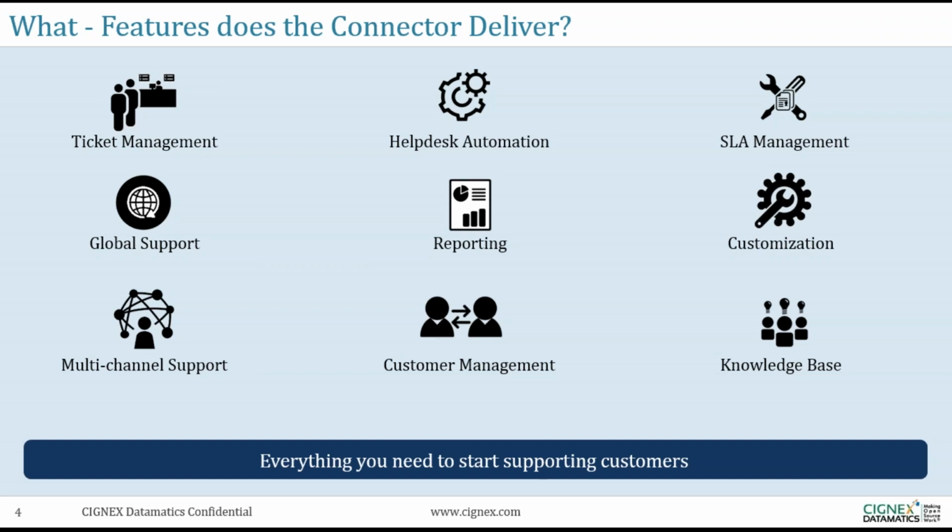Customization: I'm going to show how ServiceAide can be customized, what you want to see and what you don't want to see. All that information can be customized in the application. Coming to the next, multi-channel. Multi-channel support is what we call omni-channel in Salesforce. Multi-channel means you can support through chat, email, and call. All of this can be integrated and helps to resolve issues and achieve the same goal, which is to provide a better service